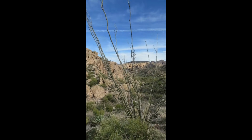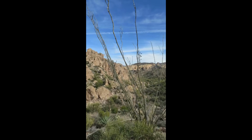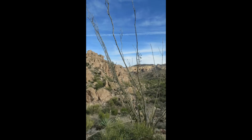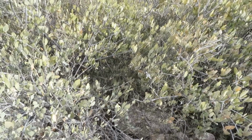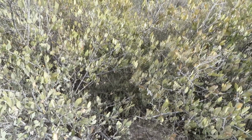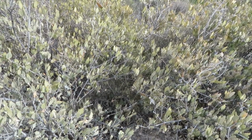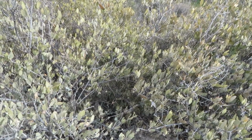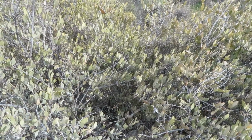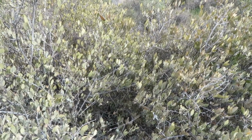This spindly looking plant is an ocotillo. In the spring later on it'll get green leaves and some beautiful red flowers, but right now it's very dormant. This plant is called jojoba, and this comes in both male and female plants. The female plants produce a grape-sized green hard fruit, which is used in making shampoo. If you've ever used shampoo with jojoba in it, this is where it comes from, and this plant is raised